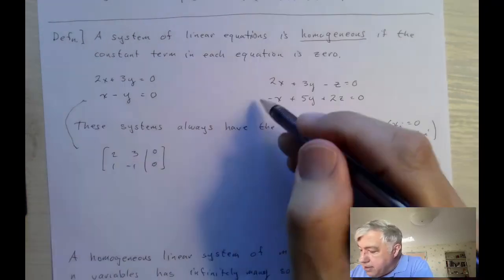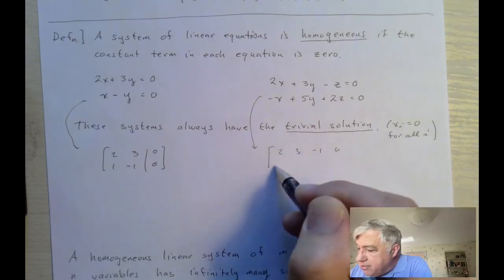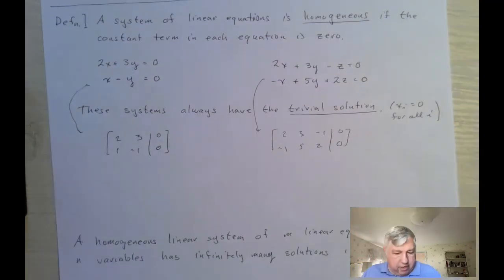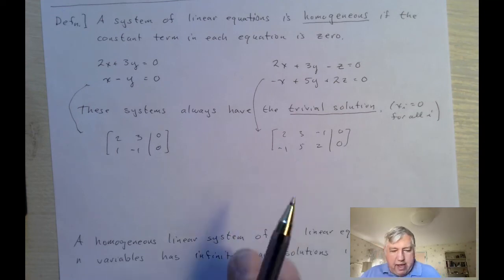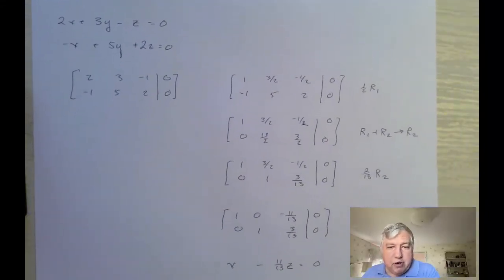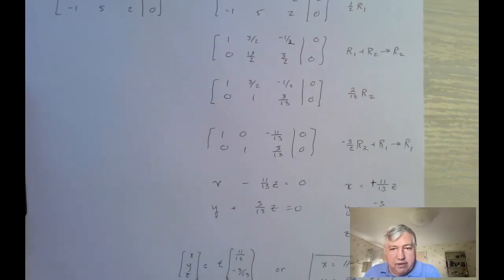In this case, it would be 2, 3, negative 1, 0, negative 1, 5, 2, 0. I will let you work on these on your own for now, but let me tell you that I worked the last example out ahead of time, and you can pause the video and write this down somewhere after you've tried this yourself, and you'll see that here we have,